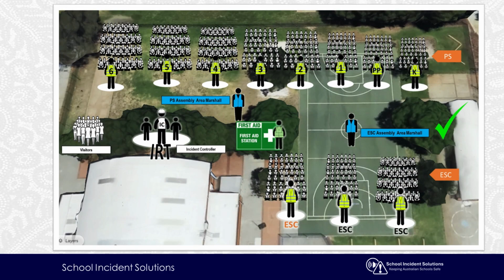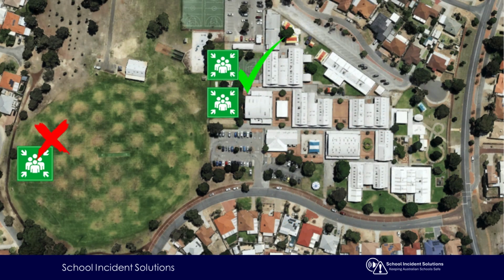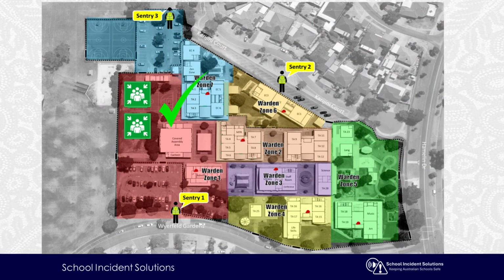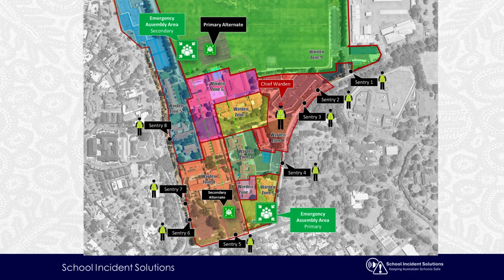In fact, it's often preferable to position it within the protection of the school's perimeter fence. There's a common misconception that the assembly area must be a significant distance away in case a building is fully engulfed in flames. This scenario is highly unlikely, and if conditions change, you can always relocate. But for practical purposes, and to ensure the safety and supervision of students, it's best to keep the assembly area